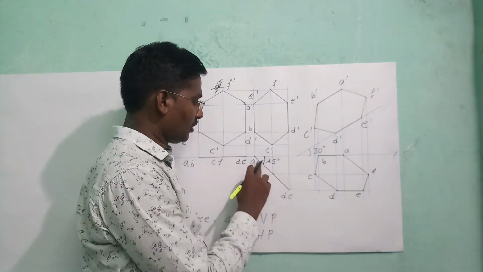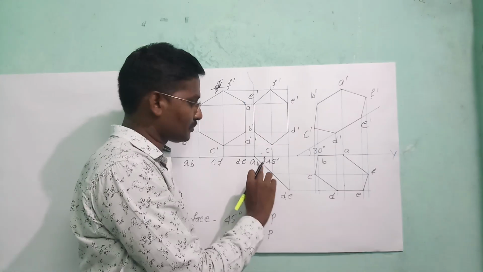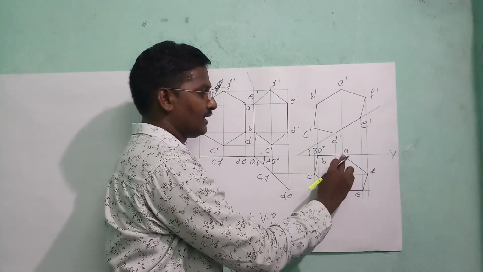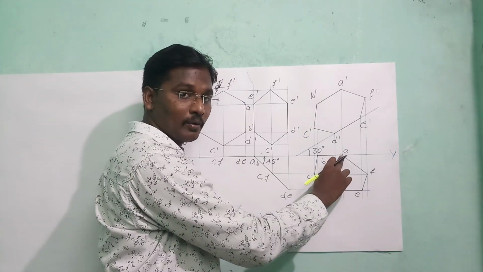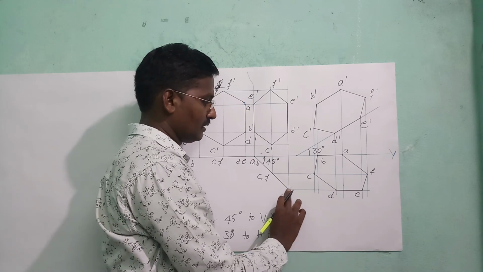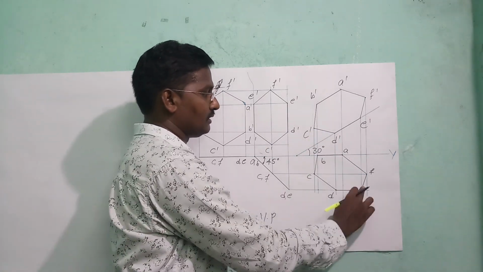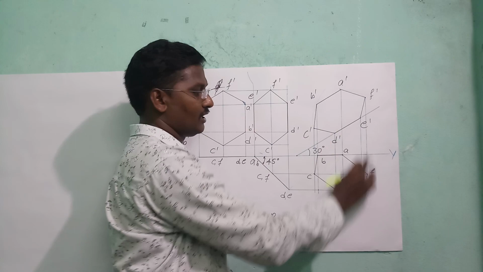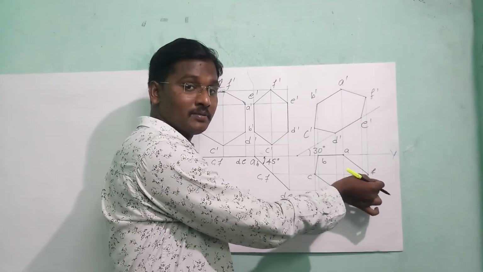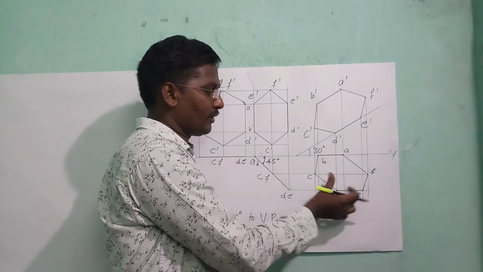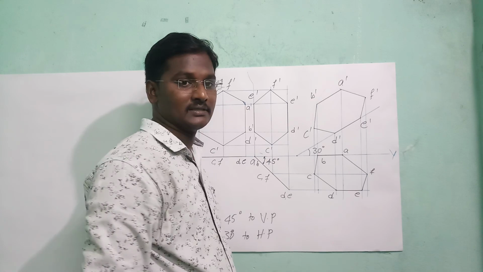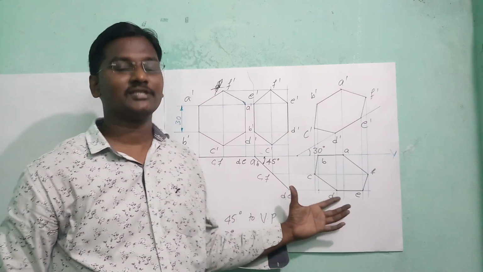Okay. Now how to coincide these points? This is the line of A and A dash. A and A dash are coinciding, take it as a point. Next B, B dash, C, C dash, D, D dash, E, E dash, F, F dash. Now by using HB pencil join all the points, you will get a hexagon which is inclined to both the planes. I hope all of you understand this concept.